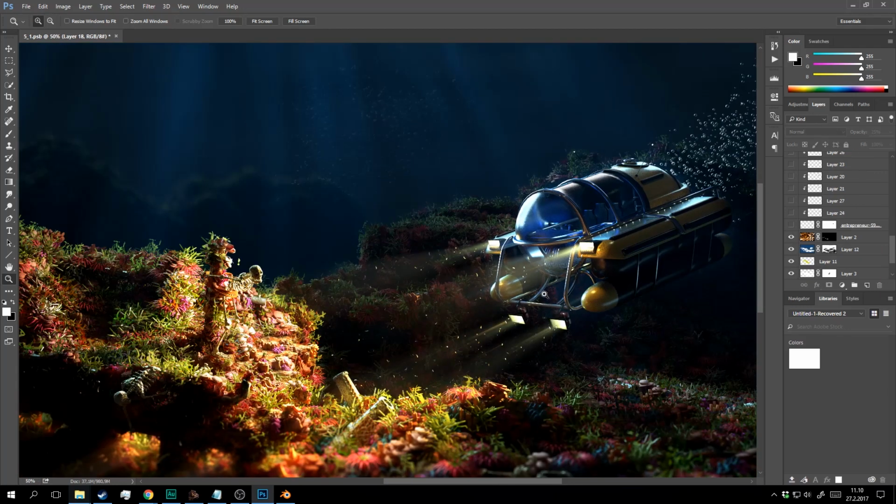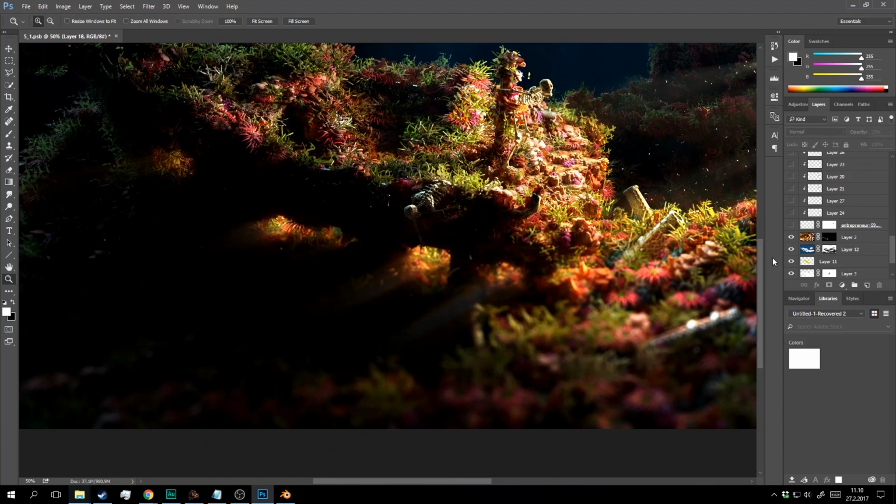I found the picture on Pixabay. And those light rays are also done here. Maybe those can be done in Blender, but I wanted to make them in Photoshop because for me it's easier. I have a very strong photography background, so Photoshop is the tool I use for everything.